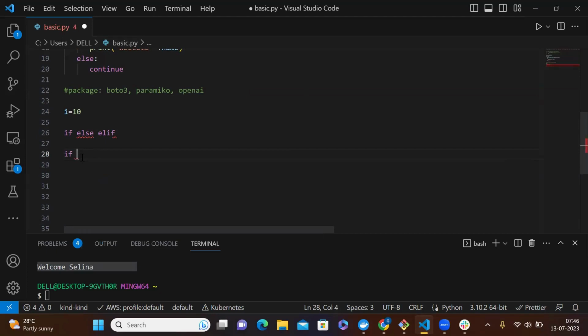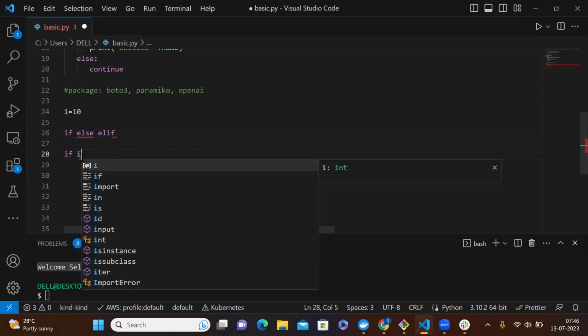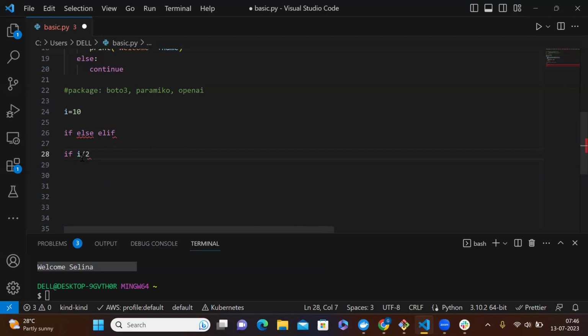Or something like, suppose the entry is a value, then I divided by 2, I percent 2 equals to 0,